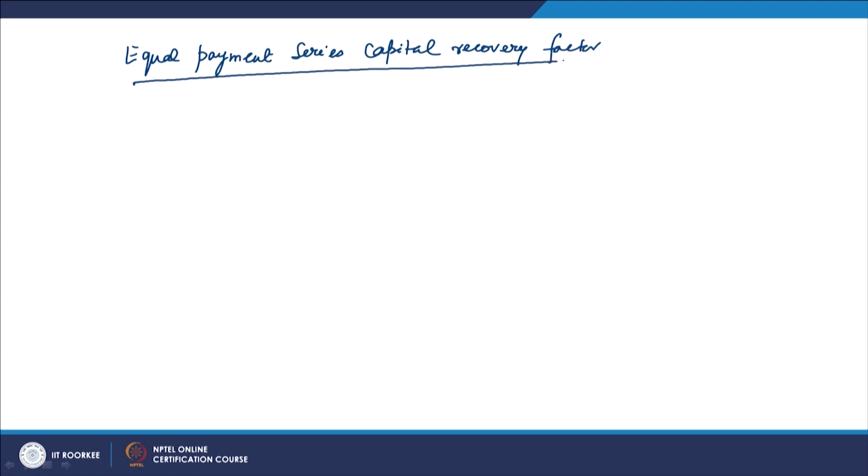Today we are going to discuss further the equal payment series factors. Among them there is a factor known as the equal payment series capital recovery factor. Many times when we talk about financial transactions, we are concerned to know whatever we have as a